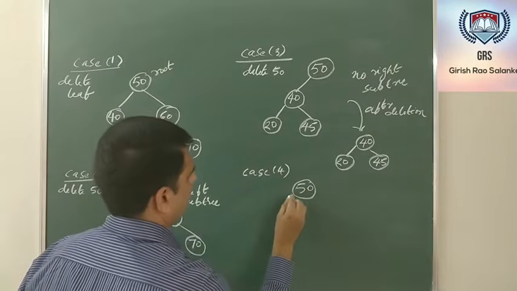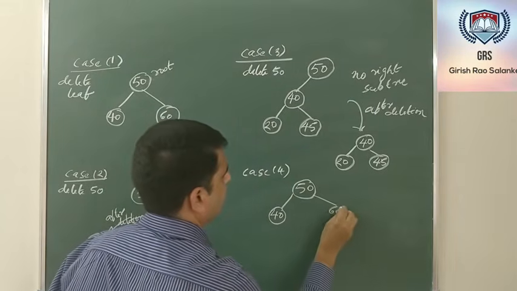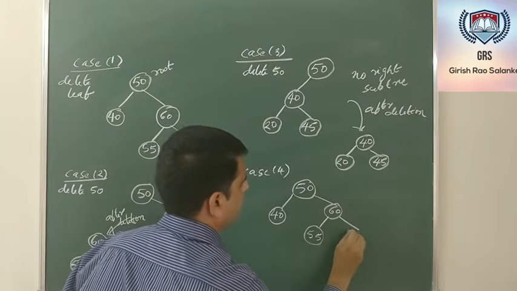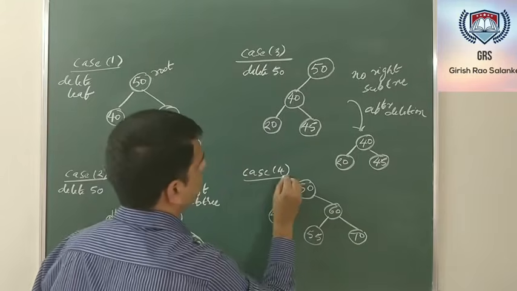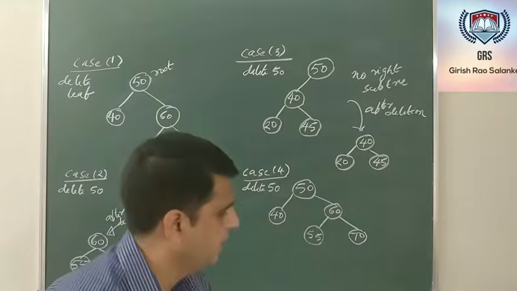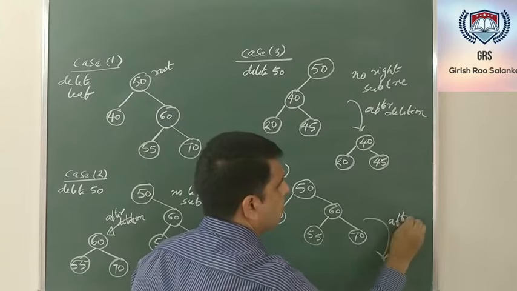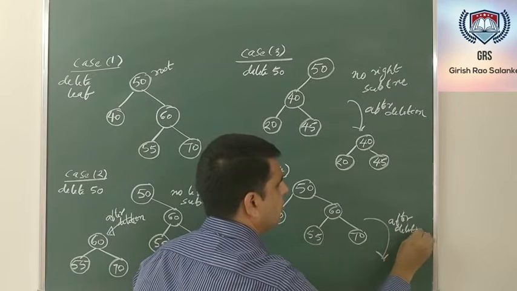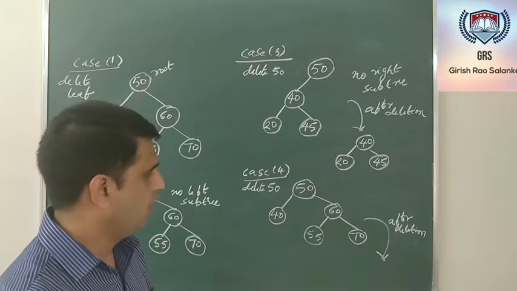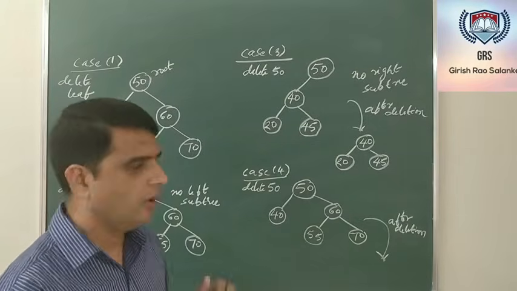50. I'll take this example. 60. Now in this case, assume that I want to delete 50. Now if I want to delete 50, after deletion, if 50 gets deleted, what I need to do is, after deletion, I should have the structure of the binary search tree as it is. What I need to do is